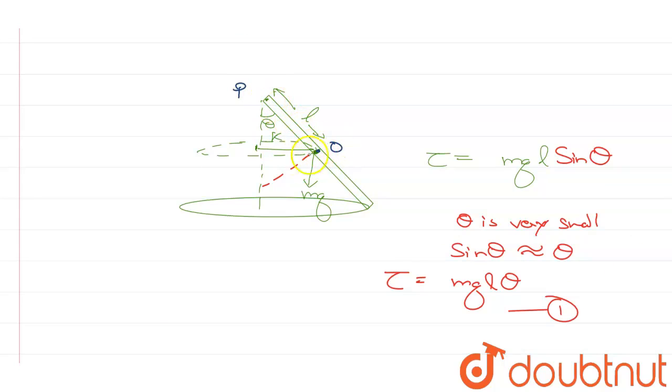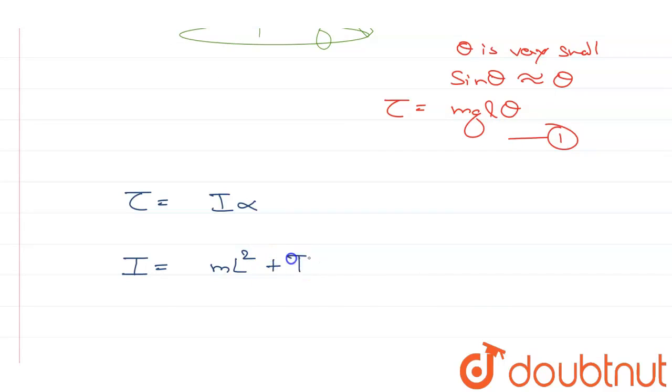It will be only up until the center of gravity point, plus IC. IC from parallel axis theorem will be the moment of inertia